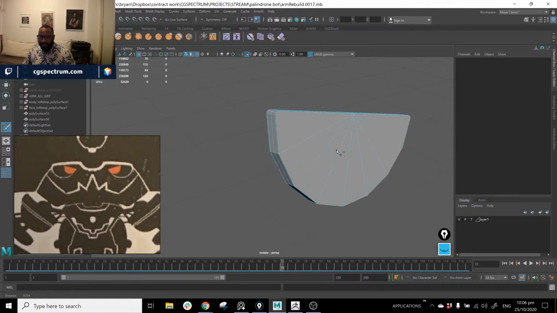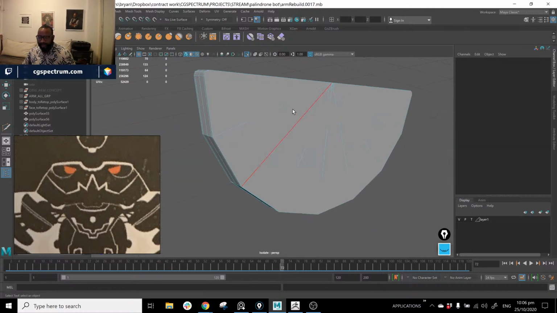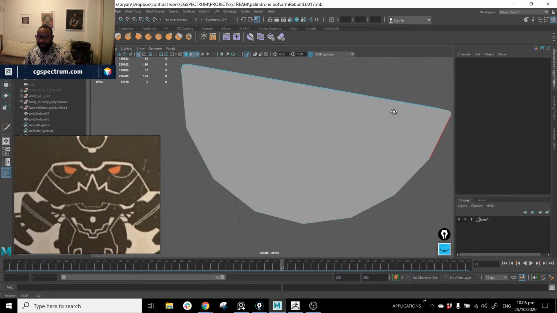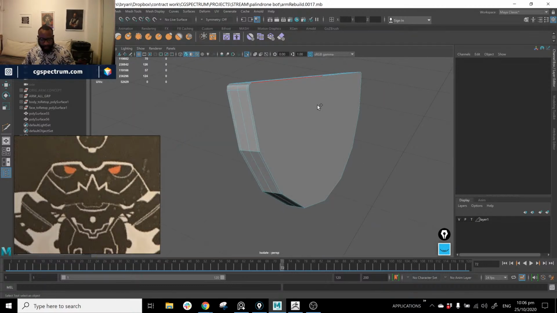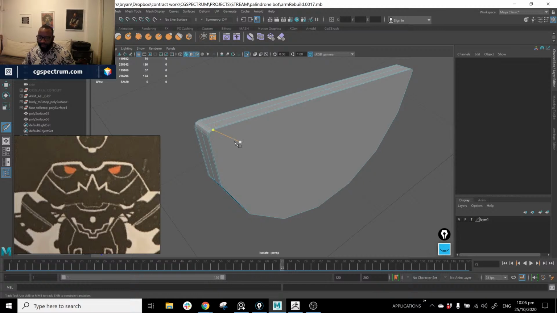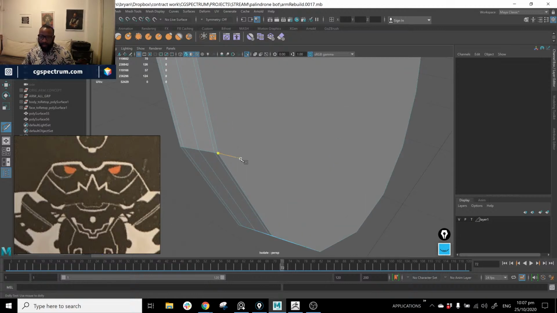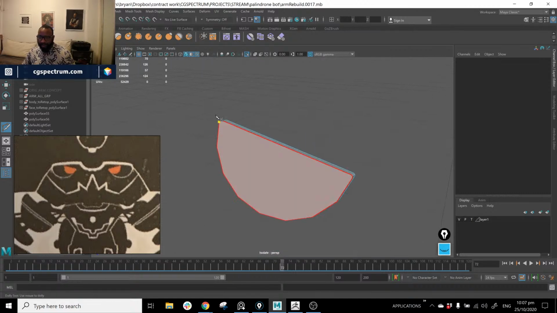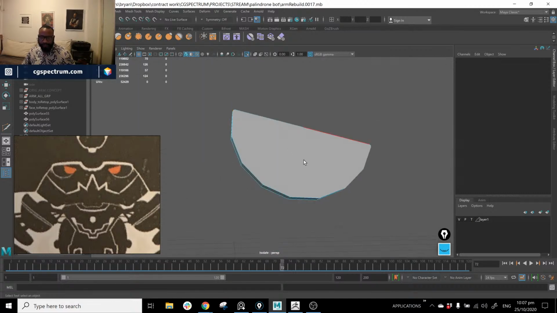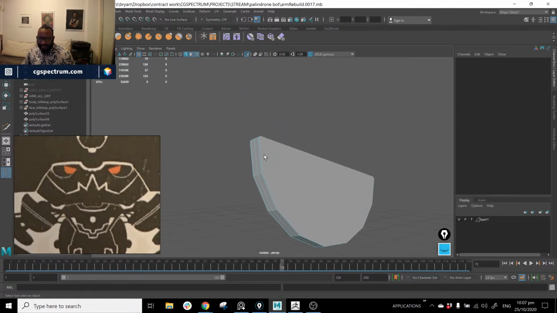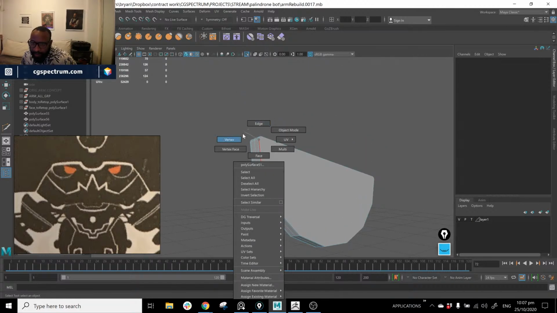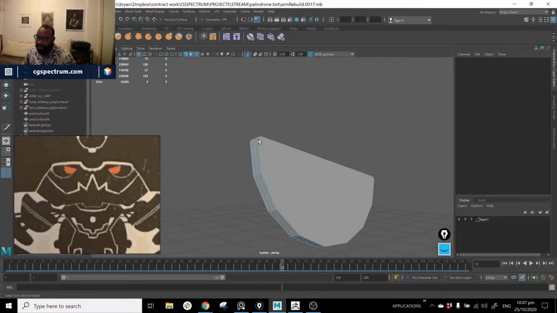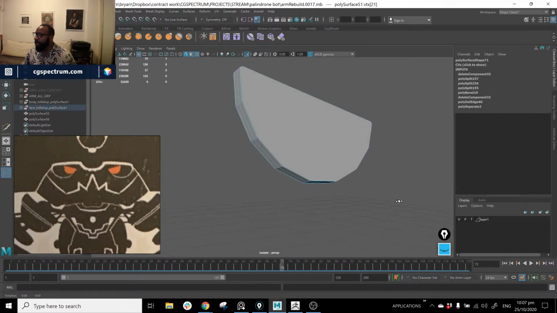And then what I'm going to do here is get rid of these edges, because I need to go across here. So I'm going to grab this one, go all the way across. Actually, what I can do instead of drawing, because this thing is so small, is go to vertex and grab this one, and